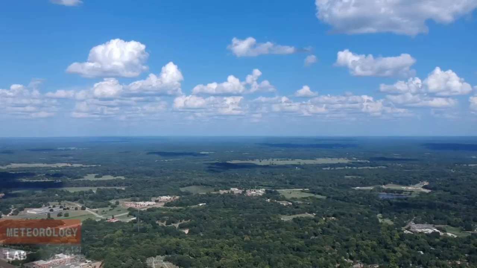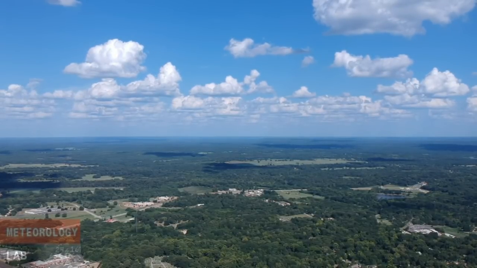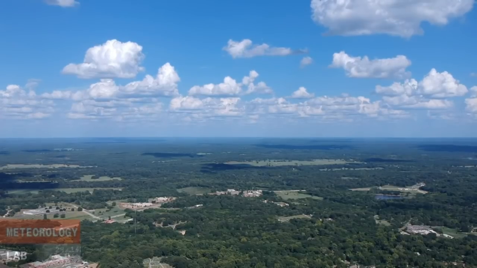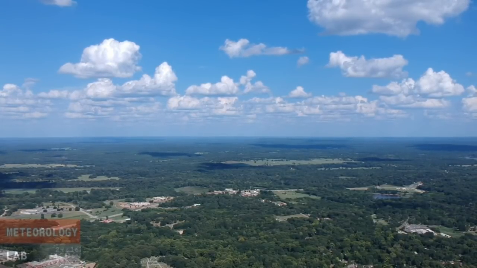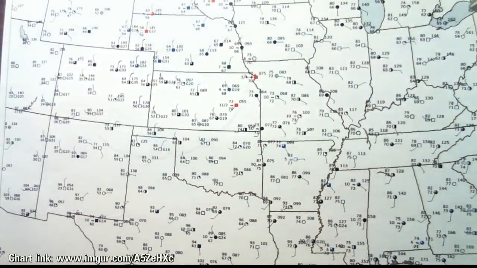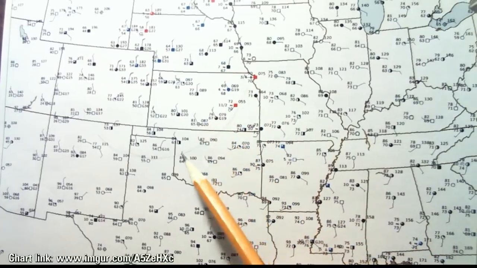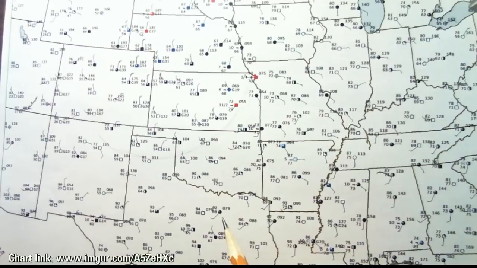Typical summer conditions here in Texas, but we've got quite a bit of active weather up in the north central U.S. and way up in Canada. And here's a quick look at a surface analysis. So why don't we do a quick diagnosis of this. And one thing that you'll notice, I don't know if you can read these numbers, but there's